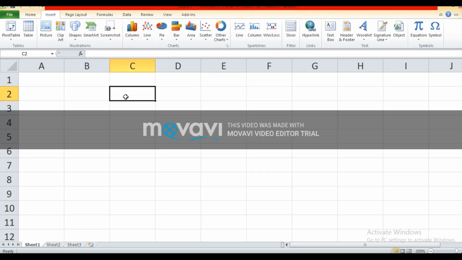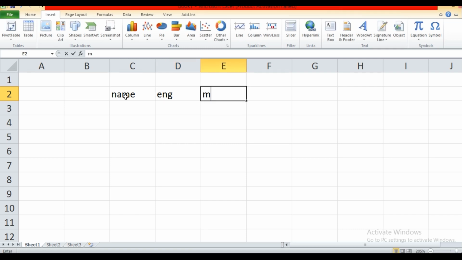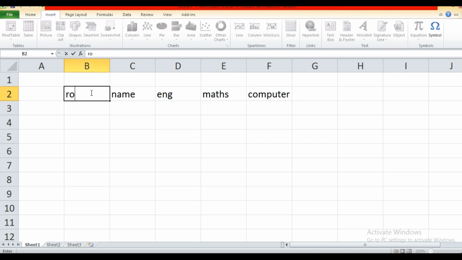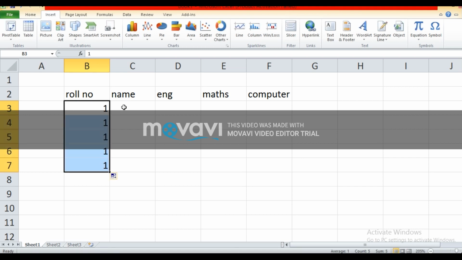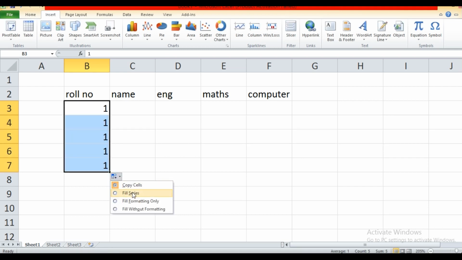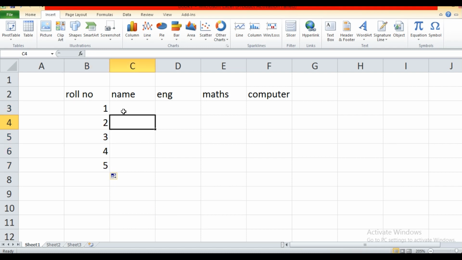Here I have taken, just for example, name. Next I have filled English marks, then maths, then computer. Here I have taken their roll number, and I have taken 5 students. I used the fill series option to fill the data automatically, that is the autofill option.